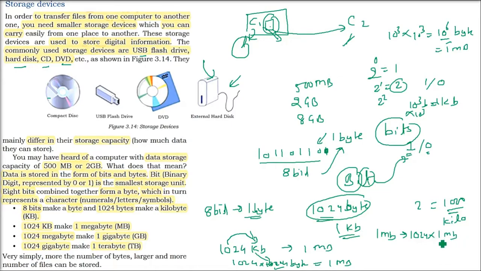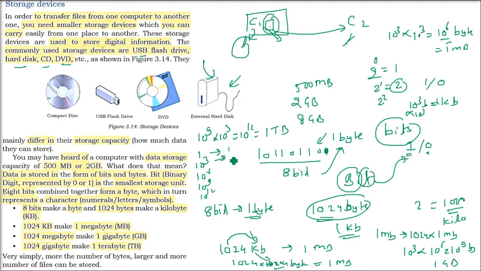See, if you say 1024 megabyte, that is 1000 into 10 to the power 6, which is 10 to the power 9. So this will become a gigabyte. A gigabyte will be 10 to the power 9 byte. Now 10 to the power 9, again multiply 10 to the power 3. So 10 to the power 3 gigabyte will be 1 terabyte. So 1 byte, 10 to the power 3 byte, 10 to the power 6 byte, 10 to the power 9 byte, and 10 to the power 12 byte.